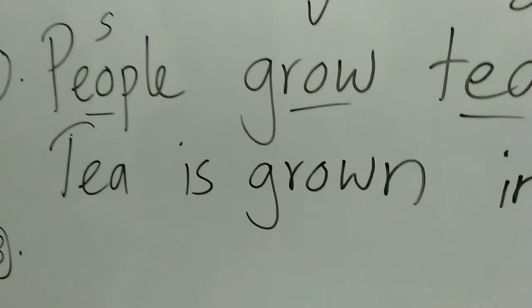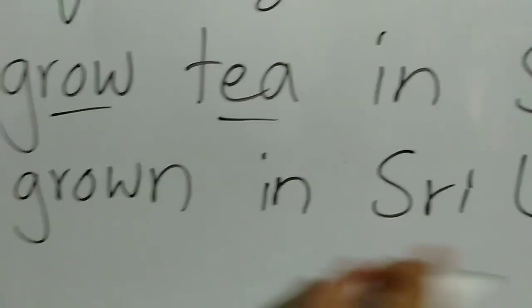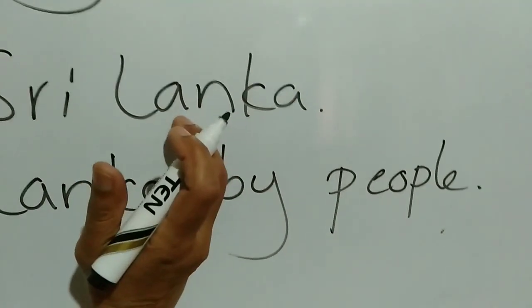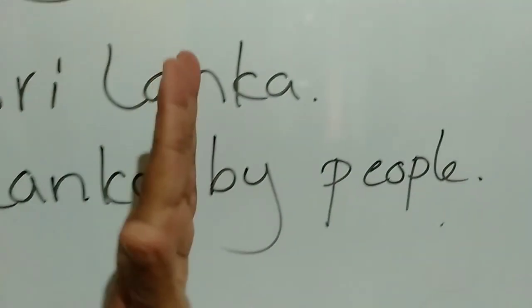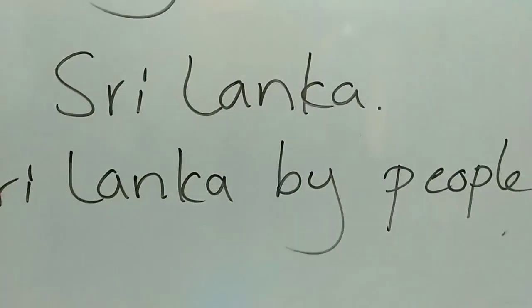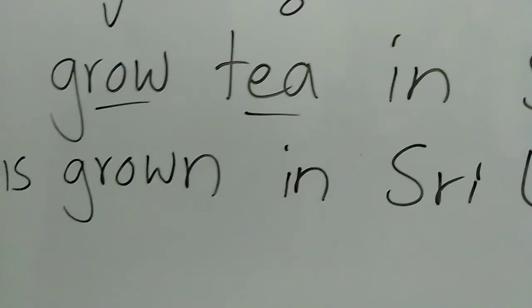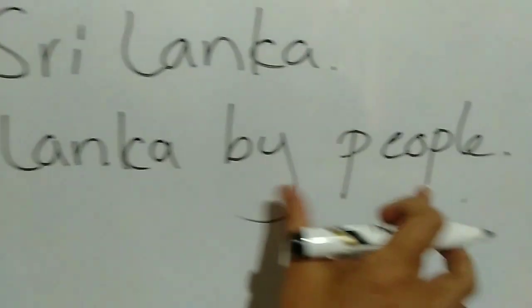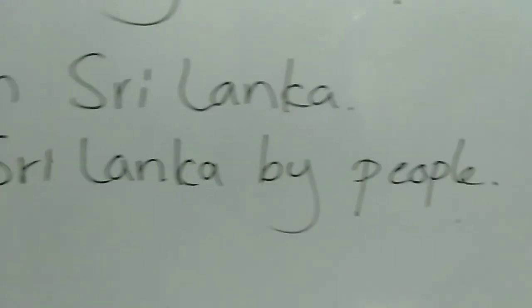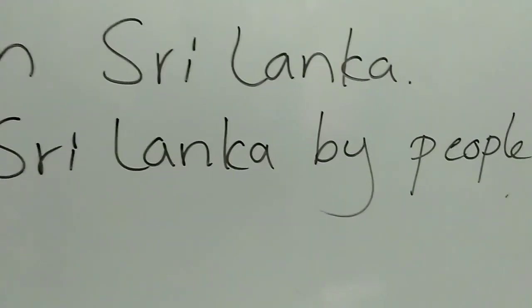Next example, you can say as it is, tea is grown in Sri Lanka. Then that sentence also you can say without the doer. Okay, you simply understand what it is. With or without the doer, you can write passive sentences. Okay,